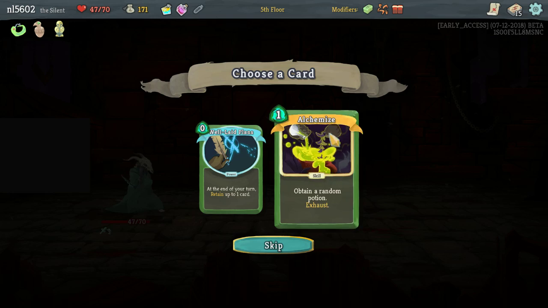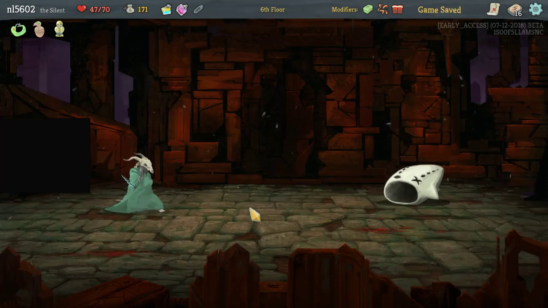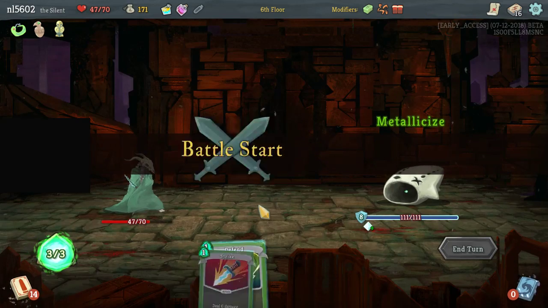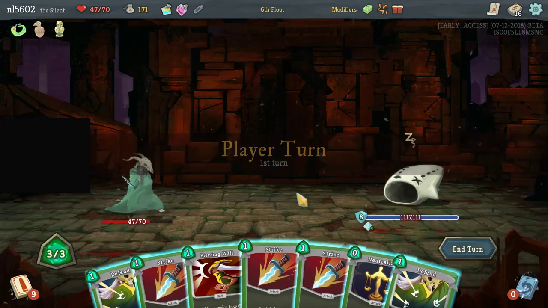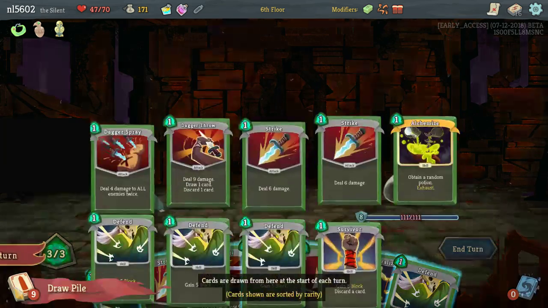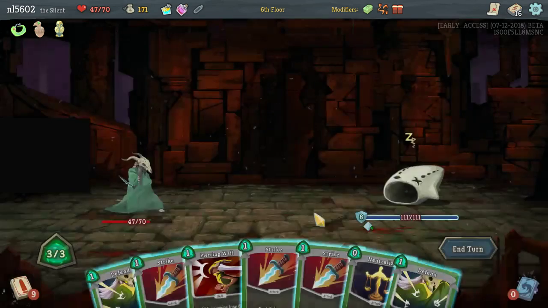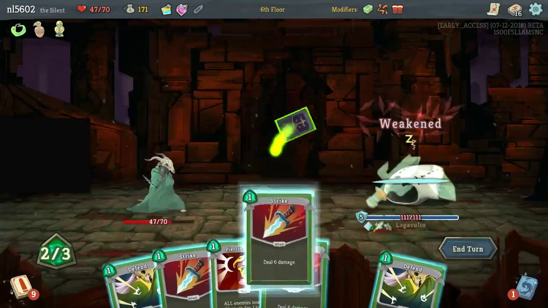Well-laid plans or alchemize. I'm going to take the risky alchemize. It's risky because it's not offensive or defensive immediately. It's just kind of random. Honestly, tempted to just go to town. We don't get a lot for waiting. All we get out of it is alchemize. So,